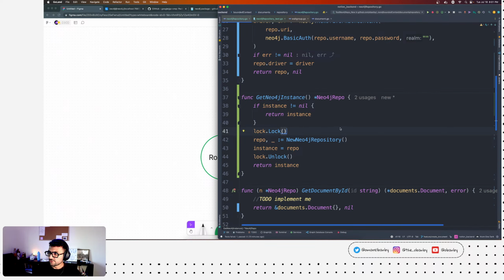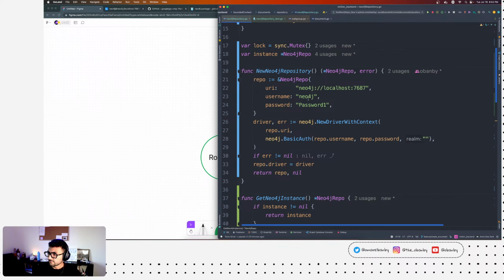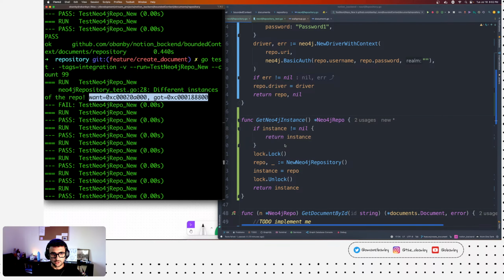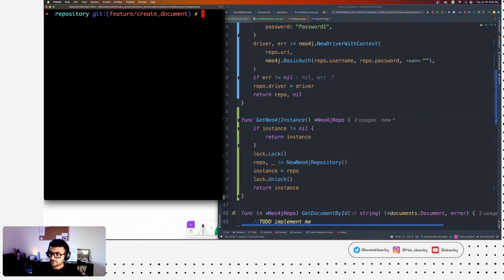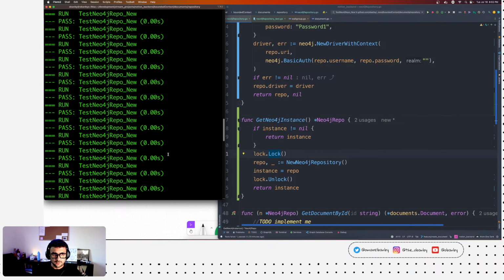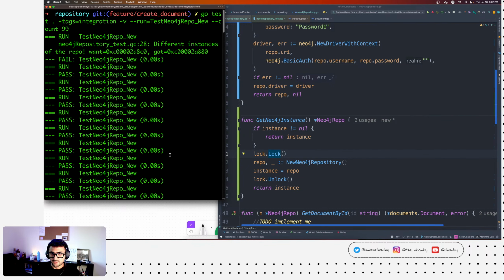Should I be using the read-write lock? Can you elaborate why? So you're saying this should work, right? But it is still failing the same thing, right?